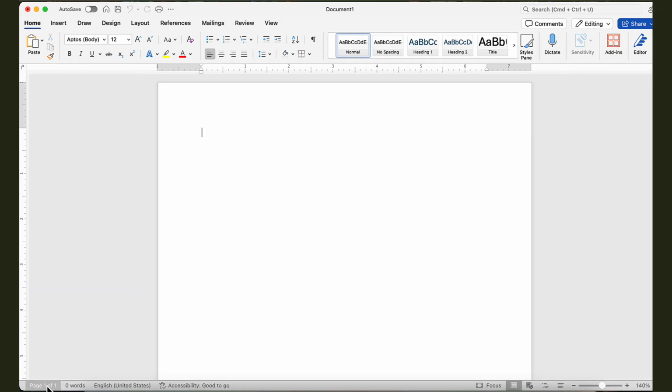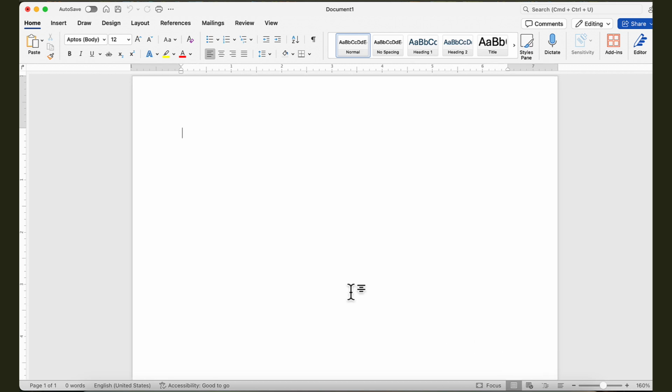Then on the bottom left, we have the number of pages for the document, then the number of words in the document, and accessibility checking. That's important nowadays. And then over here on the right-hand side, we have the different views. Further to the right-hand side, we have the option to zoom in and out. On the top